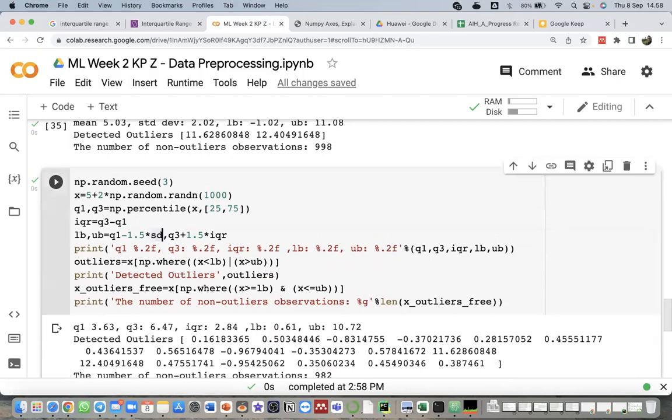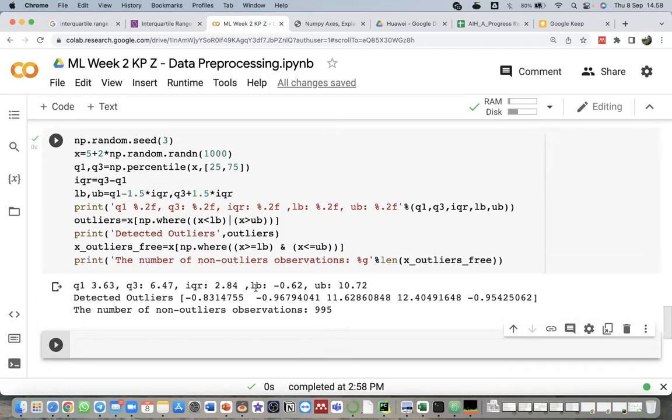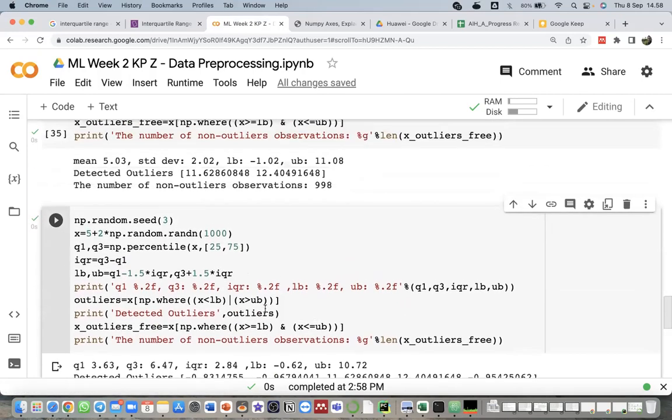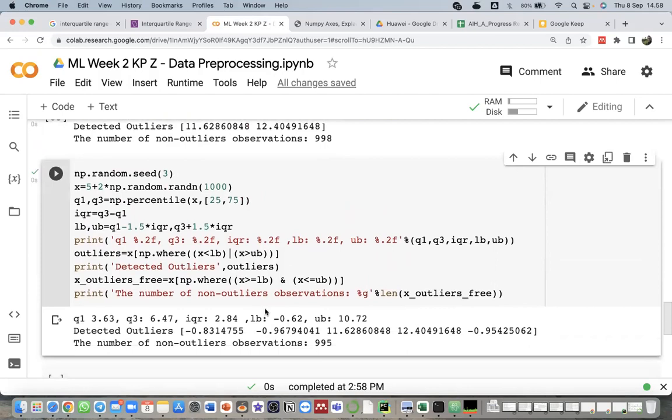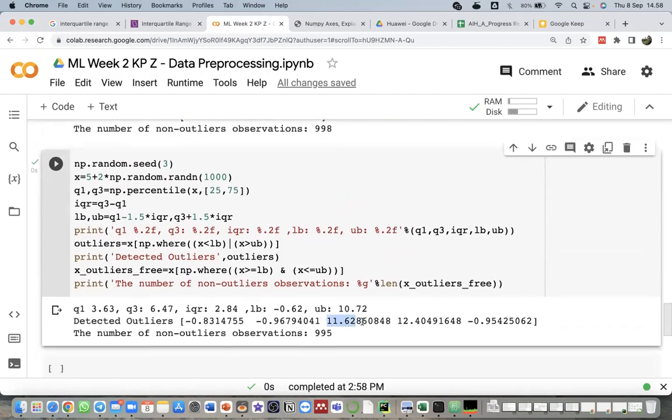Oh, this one is not ST, but IQR. Sorry. Okay, so we can detect more outliers if we use the interquartile range method. These values, 11 point something and 12 point something, are also considered outliers if we use the interquartile range.